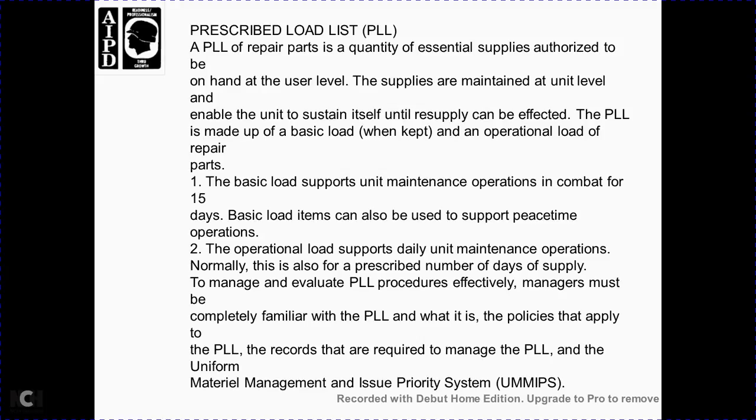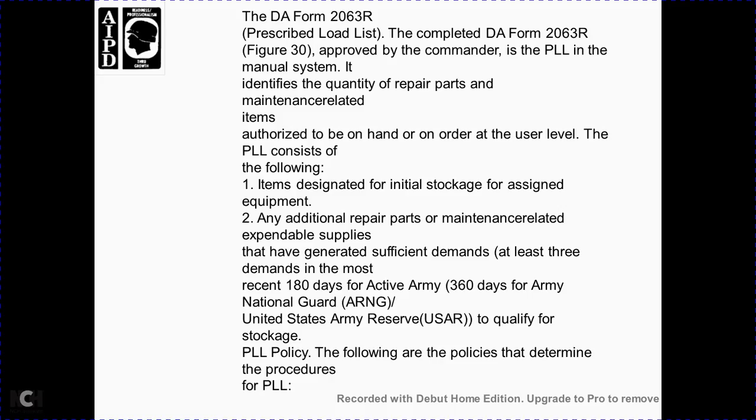Procedure: the effective managers must be familiar with the prescribed load list. What is the policy to apply with the prescribed load list? Records are required to manage the prescribed load list in the Uniform Material Management Issue Priority System. The DA Form 2063-R, Prescribed Load List, Figure 30, approved by the command, is the manual system identifying the quantity of repair parts and maintenance